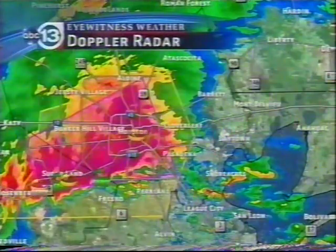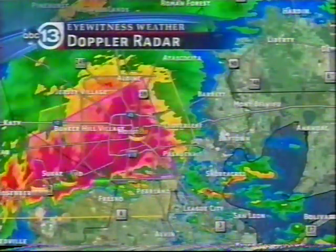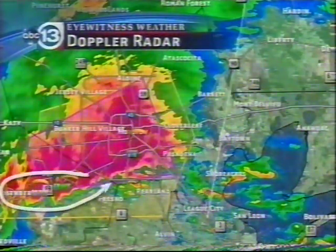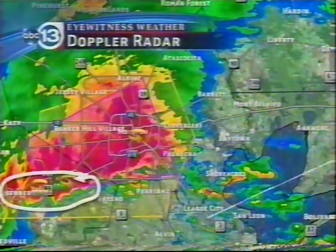There's also the threat of some gusty winds. We're noticing a lot of rotation along the southern edge of the storm. So if you look down here, you see all this cluster of these rotating arrows. Now, what we're not seeing is that they're stacking